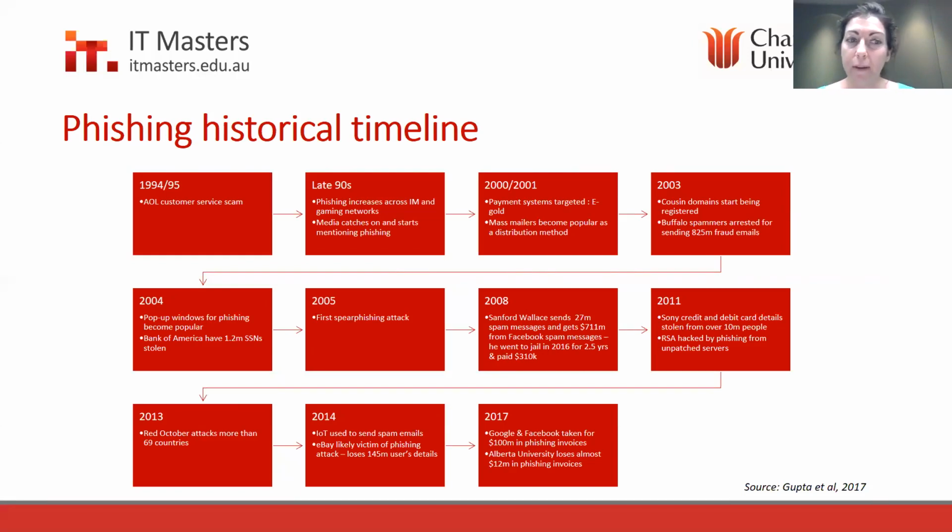So there's other things that start happening around 2004 in terms of pop-up windows for phishing on websites themselves. The first spear phishing attack happened in 2005. In 2008, this guy sent 27 million spam messages and gets $711 million from Facebook spam messages. He went to jail for 2.5 years and paid $310,000 in damages, which seems pretty light to me, but